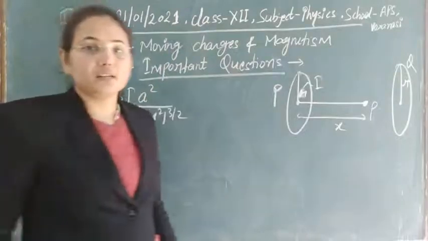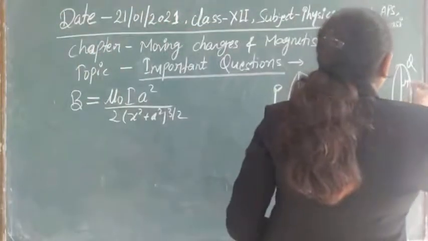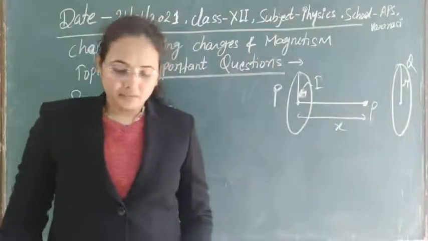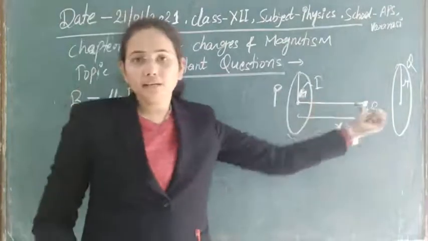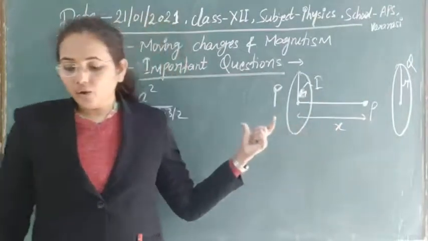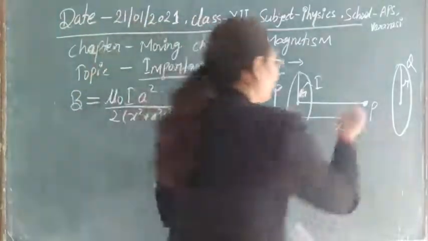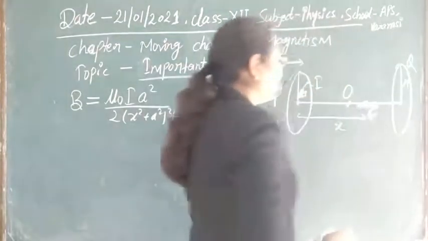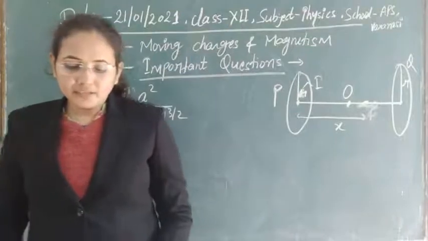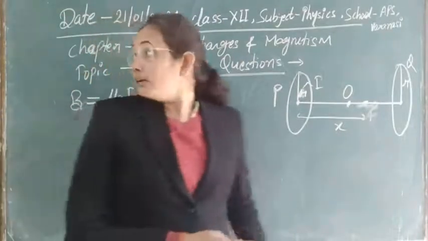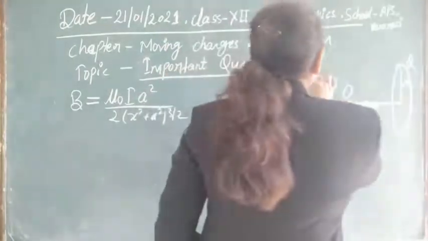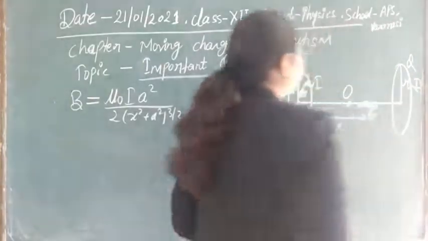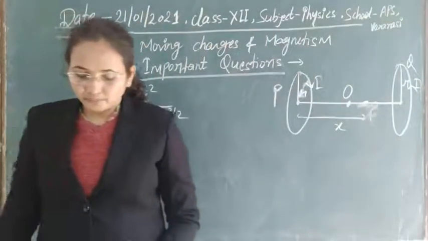carrying equal currents. One more condition is given: they are carrying equal currents and are kept in parallel planes, as you are seeing, having a common axis passing through center O. Suppose this is the O through which they are passing. Now the direction of current in P is clockwise. So the first direction given is clockwise, and the current direction given in coil Q is anti-clockwise